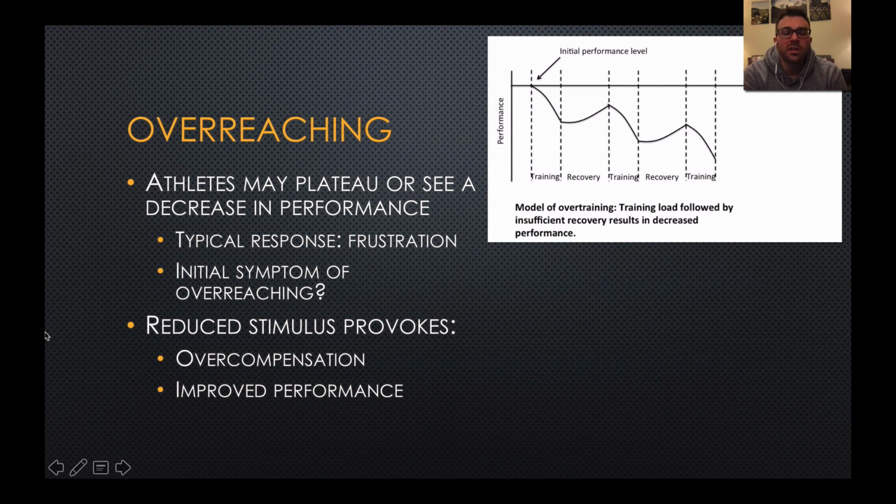What we need to do is tell them it's okay. We're going to keep pushing ourselves. It's okay if the weights go down or you think your strength's going down. Once you are able to give them some rest, reduce their workload, you'll see overcompensation or supercompensation, and you'll see